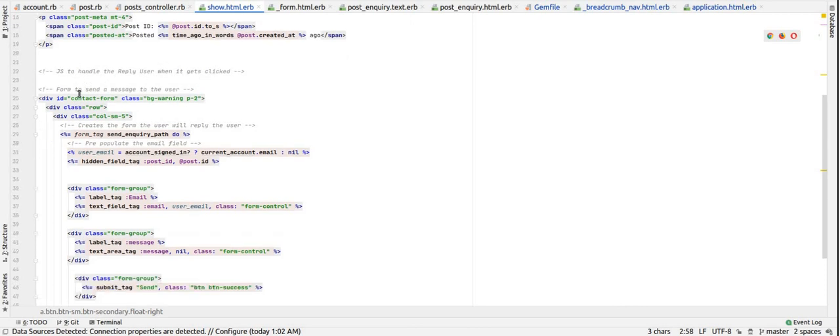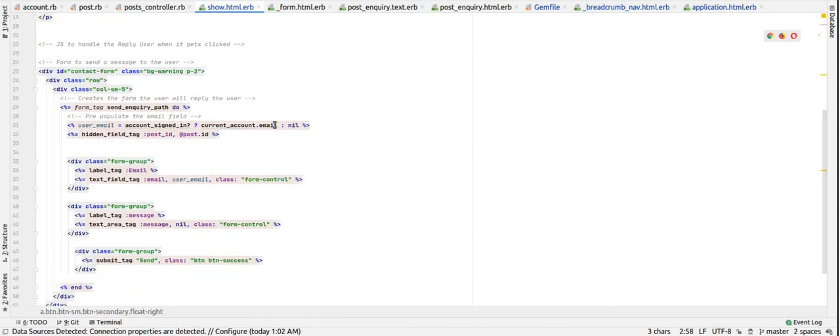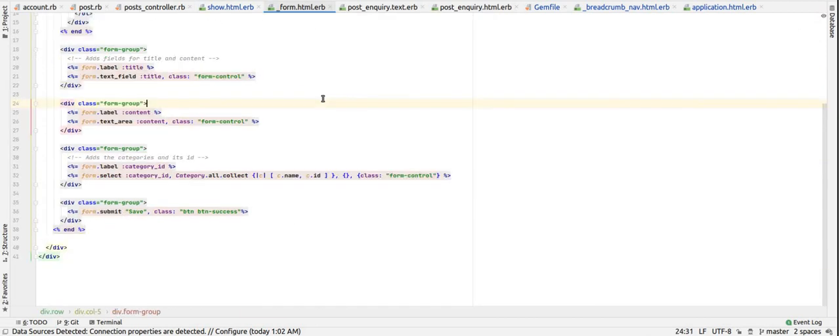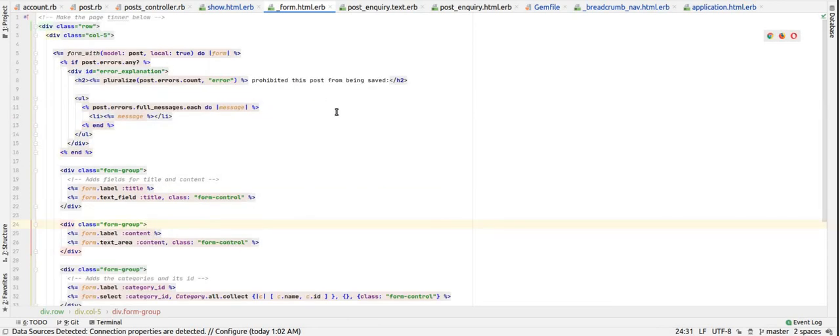So here we just set the form. So in the form here, you would have the account email. You would also have the message, and then you just hit send, and the message is sent. You can see some Bootstrap in the code again, on the form here,